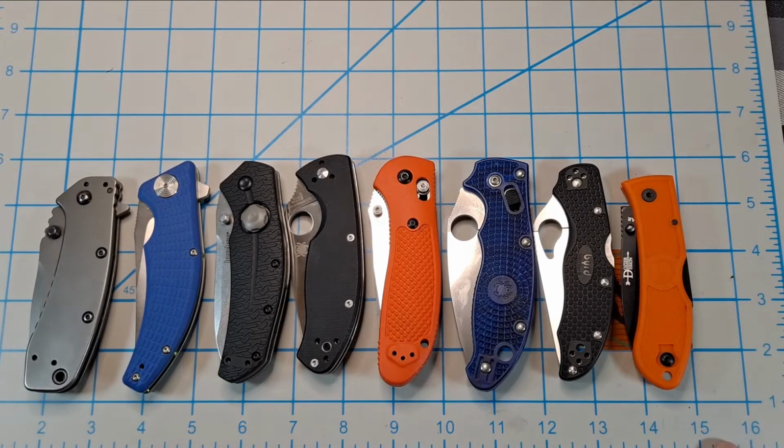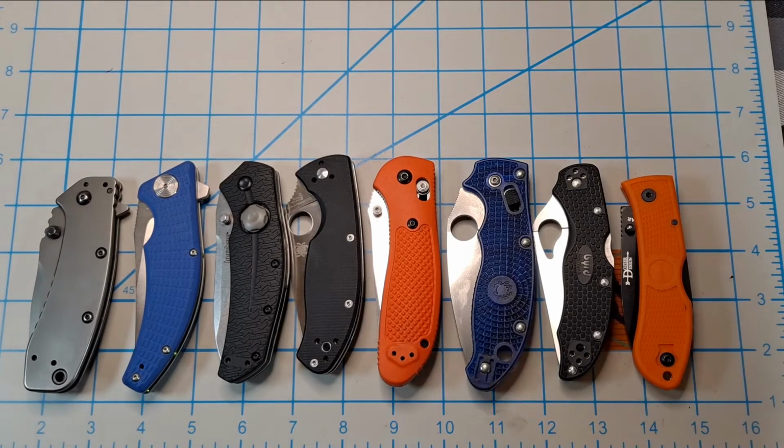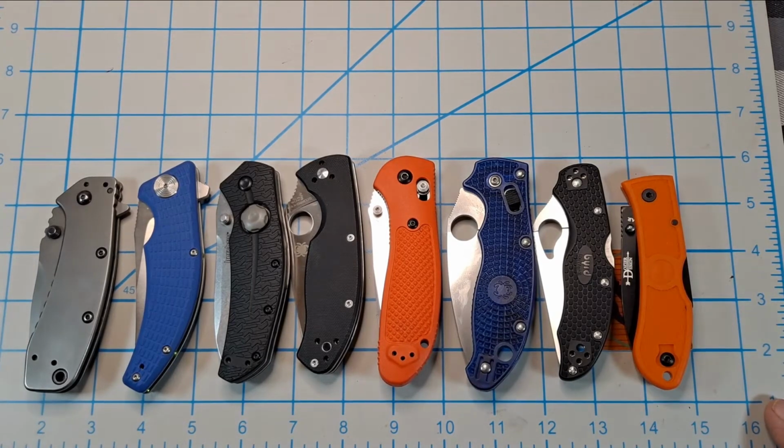And I thought that was an excellent idea. I said, I need to pick out a winter coat knife to put in my coat, leave it, and that'd be the one I use if I have to use a knife in harsher conditions. And that saves using a nicer knife that you're carrying in your pocket and potentially messing it up. But yeah, so